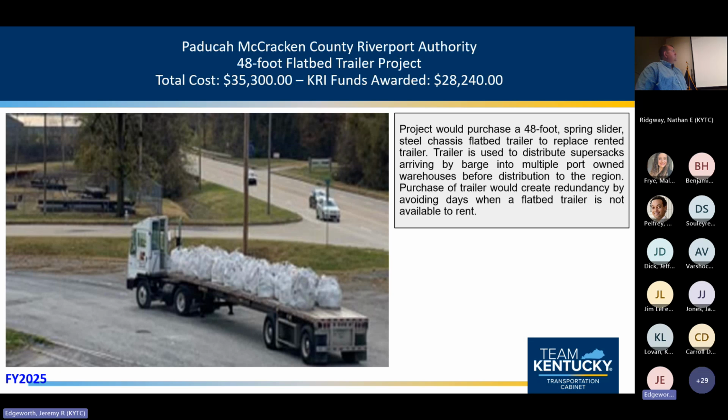And the port does not own a trailer. They have to rent one. And quite often the trailer is not available for rent, and so they're not able to move products. So this project will actually allow them to purchase a trailer to move their goods to and from the port